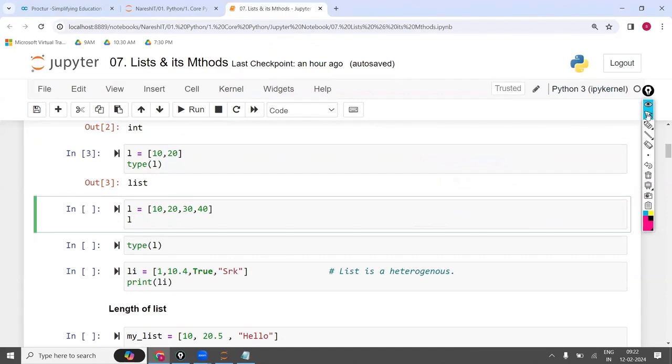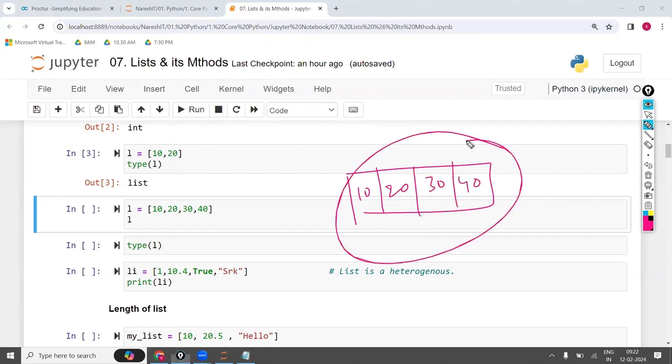Now here L is equal to 10, 20, 30, 40, four values. So it is going to create an object 10, 20, 30, 40, and it is going to create the object L like this. Now if I ask to print L, here I'm just writing L. As I've told you, in the Jupyter notebook cell, the last line automatically prints.